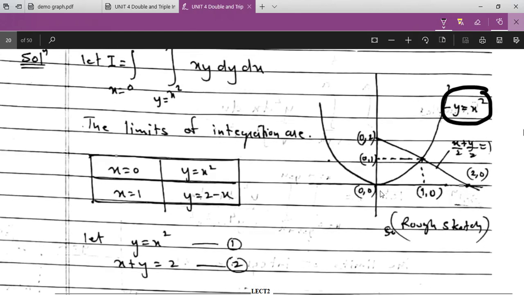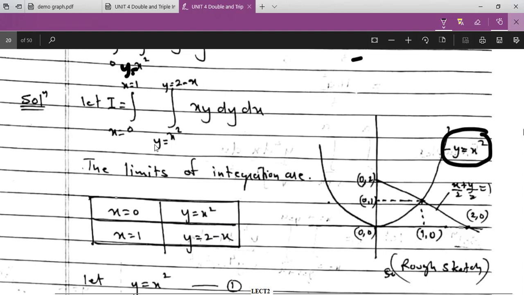Now see here, if I take the rough sketch, it is of the form dy dx. So first thing is you take a vertical strip, so you are taking this complete strip. One is the equation of x square, and the other is 2 minus x, which I have converted into slope intercept form. Now I need to change this order to dx dy. So what I'll do is,